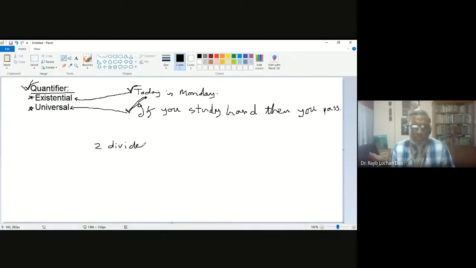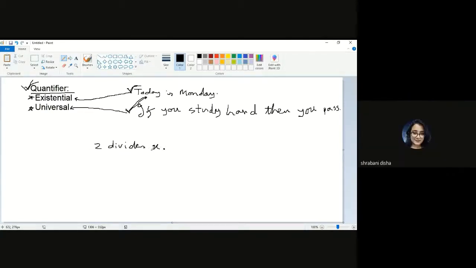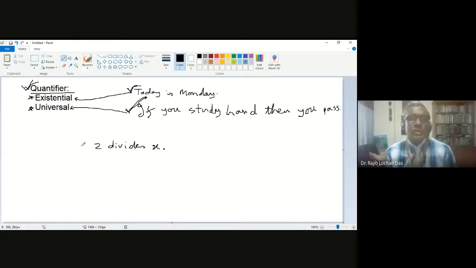2 divides x. So x is a number, and I am saying 2 divides x. What is divides? That means x is divisible by 2, that means x is an even number. So is it true for all the x numbers? No, it is not. No, sir, only even numbers. So you can say,